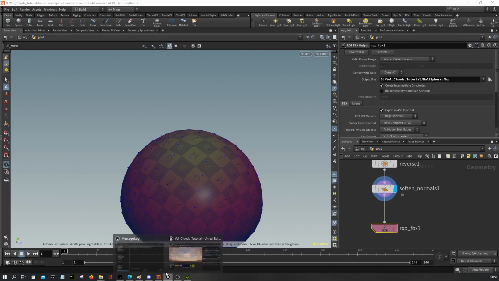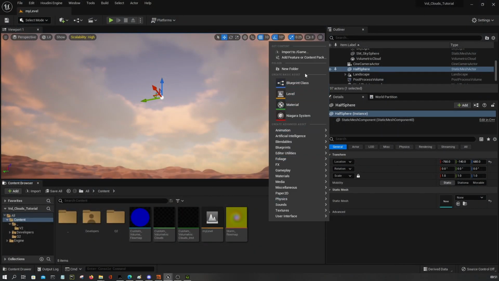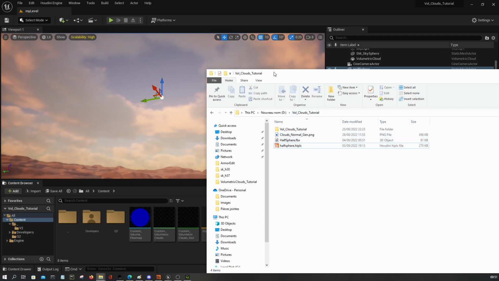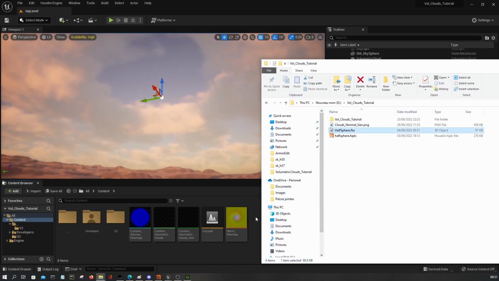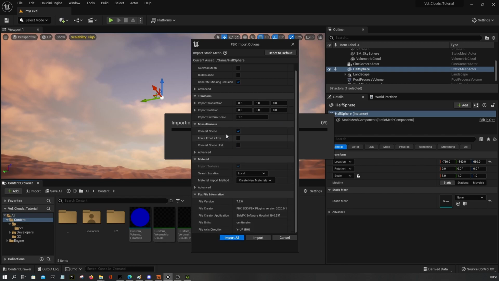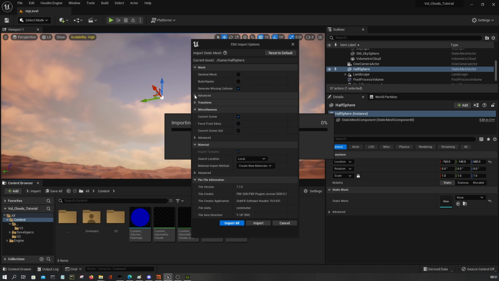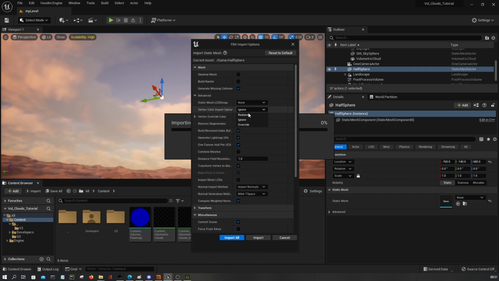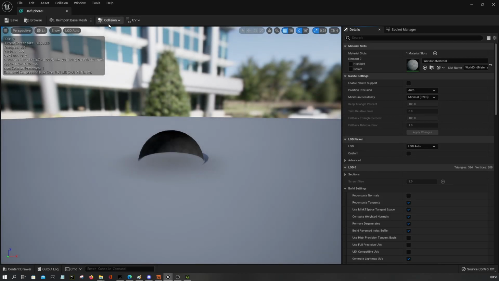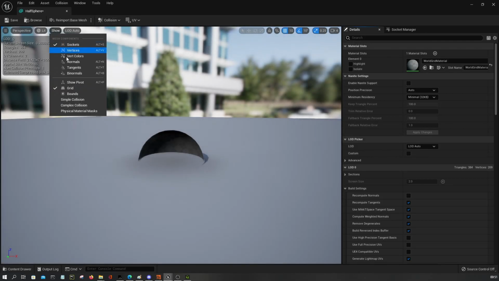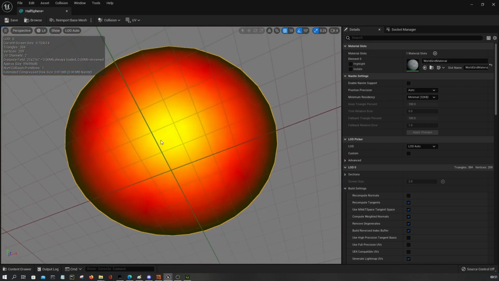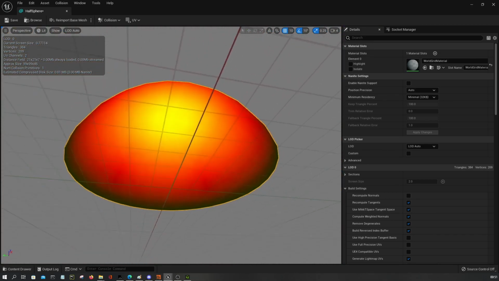Now we're gonna import this to our project. Let me just drag it directly like this. When you're in the import options, make sure the vertex colors option is set to replace, so we can import our custom vertex colors. Now let's show vertex colors, and now you get exactly what we